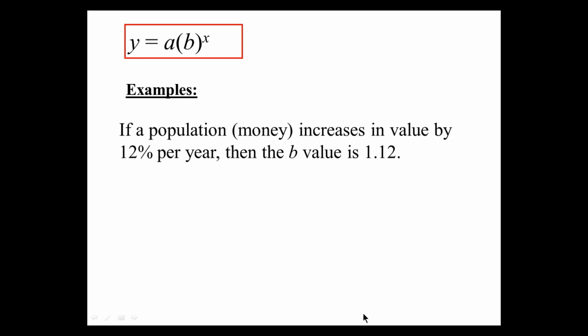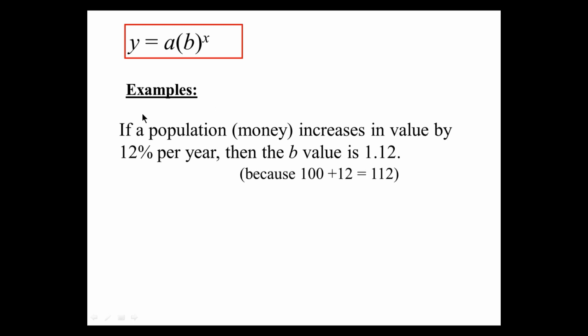Y equals A B to the x. Now we're going to do some examples about rates of decay and growth. If a population or money, for example, increases in value by 12% per year, then the b, the base of the exponential function, is 1.12. That's because it's 100% plus 12 makes 112, but this is a percent. So to turn it into a decimal, we have to call it 1.12, and that's the base of the exponential